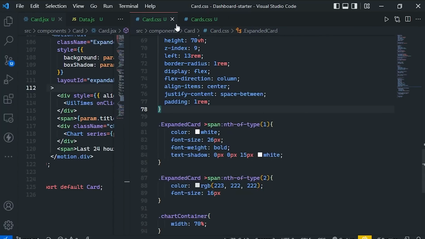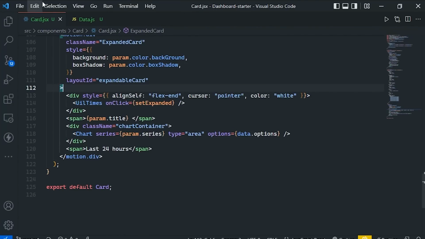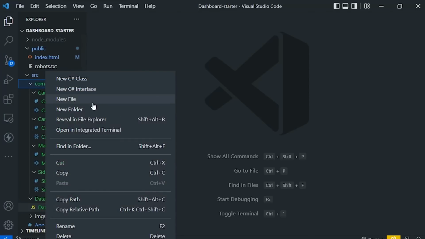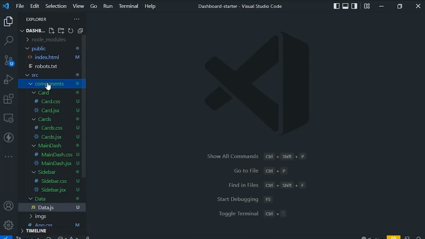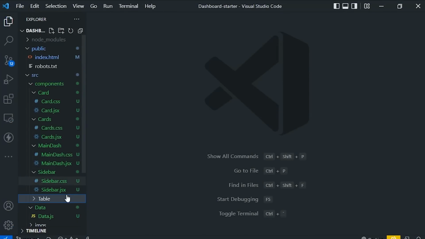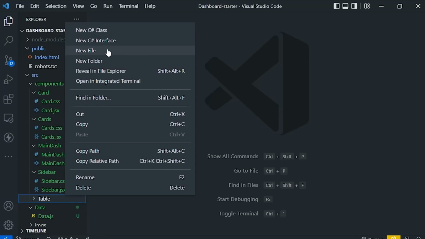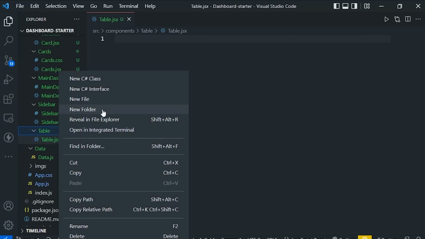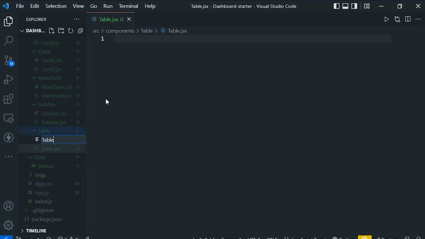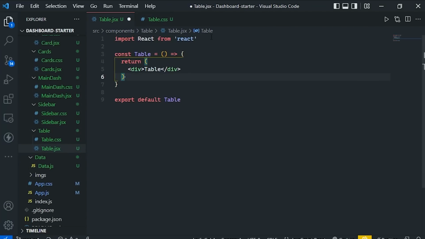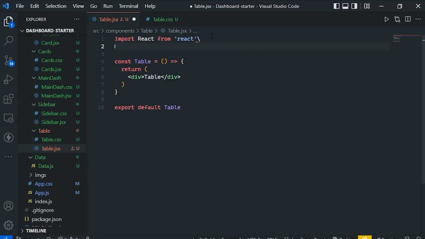So it's time to make the table. First of all, I will close all these files, and inside the components folder here I will make a new folder with the name table. Inside the table folder again I will have two files. One will be the table.jsx and the other one will be the CSS, like table.css. Now inside the JSX I will write RAFCE